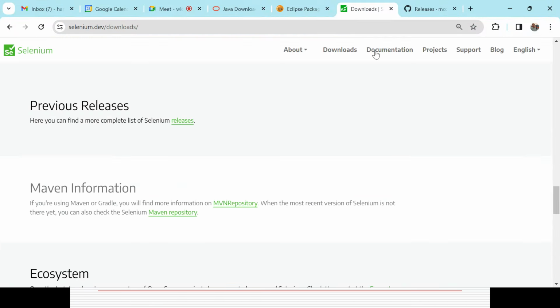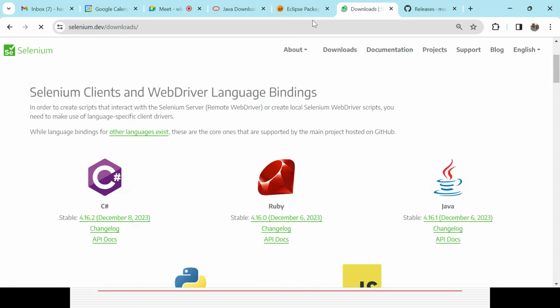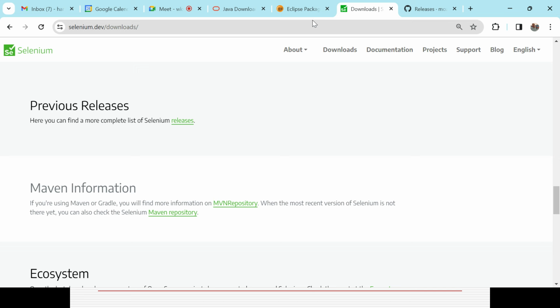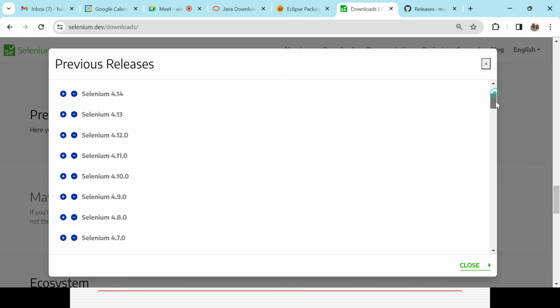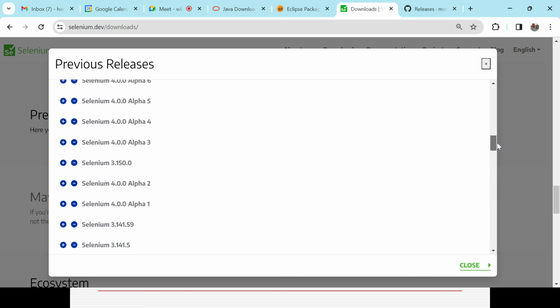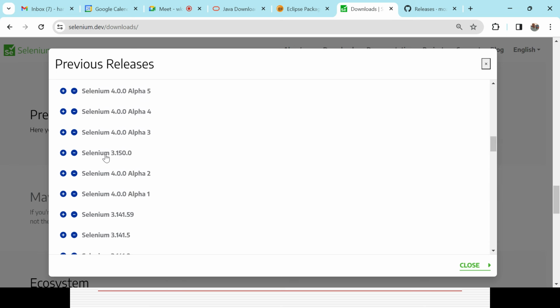You can open this site, selenium.dev/downloads, and all the artifacts related to Selenium you can get from here. Any kind of changes, you can get it. Then you can go with a previous release. We can go with any kind of latest release, but the best one we can use is 3.141.59. I'm planning to create some videos on Selenium 4 because that came out in the last year. In case you want to work with Selenium 4, you can refer to this part, but there's maybe only a 2 to 5% difference, that's all. So you can use the best stable version, 3.141.59, and simply download the jar file.